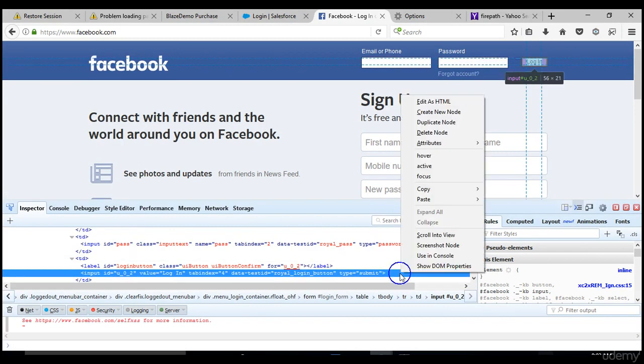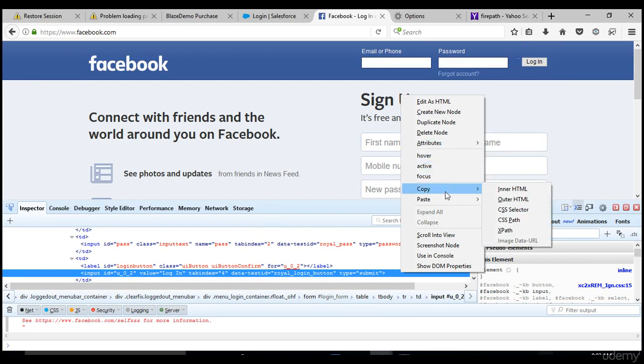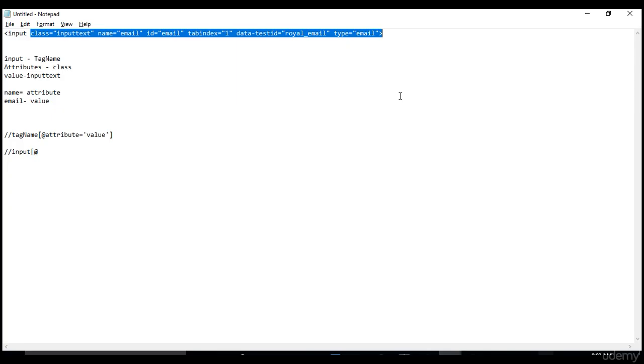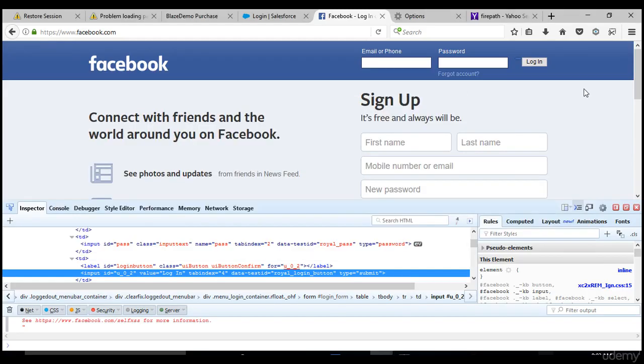Copy, we will write XPath for this login button. So / input @, you see that input is the tag, which is correct. Now I need to give the attribute. ID may vary, we are not sure, so let's leave this. Value login, I'm pretty sure that this attribute is unique because login is the text written on this button.